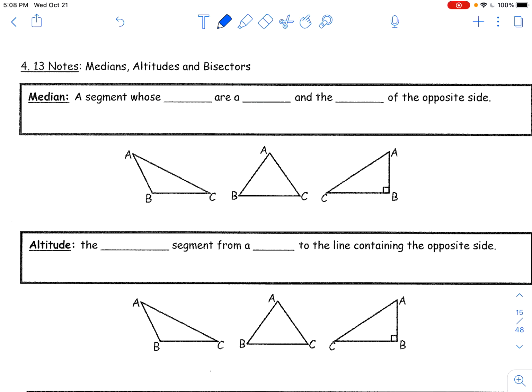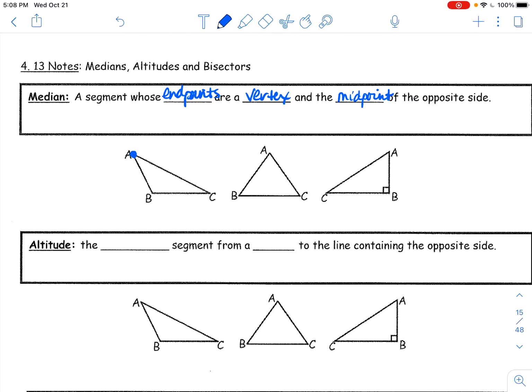Okay, our next section of notes is on medians, altitudes, and bisectors. So a median is a segment whose endpoints are a vertex and the midpoint of the opposite side. So if I'm going to draw a median on this first triangle from angle A, I